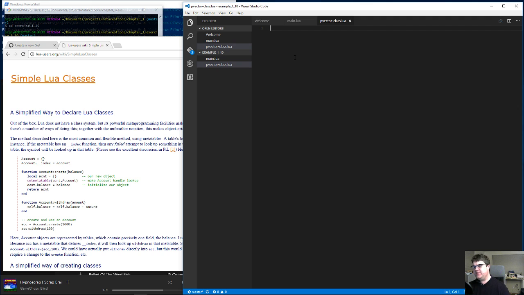The big thing about these Lua classes is that they're kind of similar to how JavaScript classes were back in ECMAScript 5 days. So I could do something like local vector, empty table, vector,